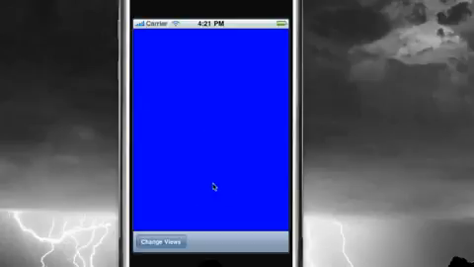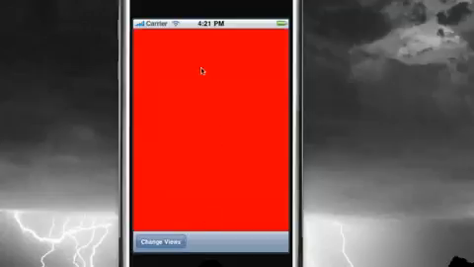So here's our application. Here's the toolbar at the bottom, and this blue view is actually its own separate class. So when you click change views, it changed to a whole entirely different view. And I know it just looked like the background change, but actually this is how you change through multiple views. You can have a whole new window if you want. The easiest thing in this tutorial is just have a button at the bottom to switch between one view and